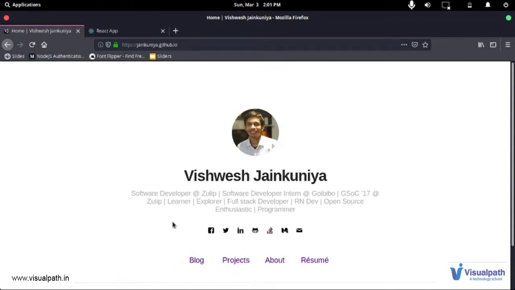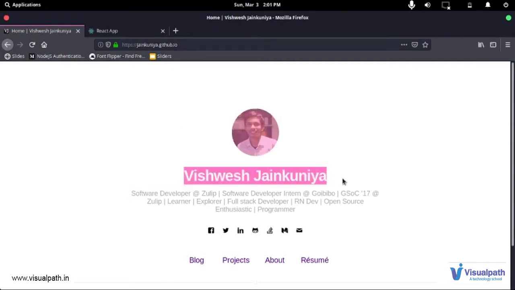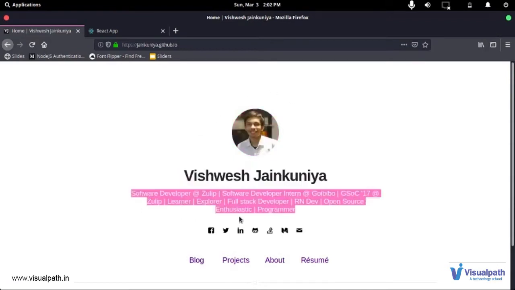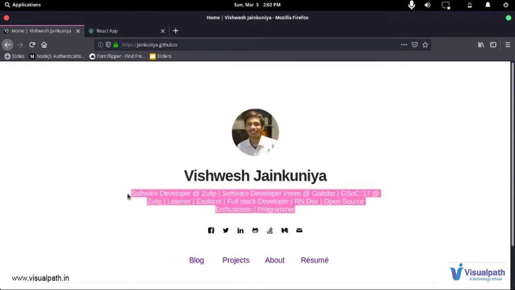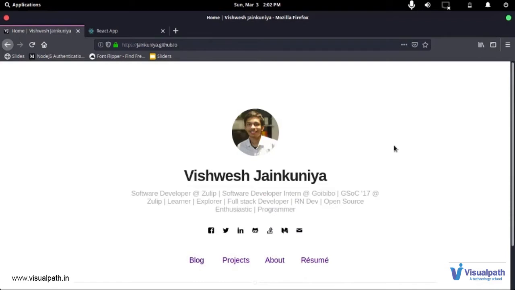Now if I want to talk about components right here, then this whole thing might be a component. So it's basically a rectangle with an image and some text, and this is placed somewhere in the web page. Then this might also be a component, which is his information, whatever he wants you to know and whatever you might be concerned with. Then this can also be a component where all his social media details live, and then the navigation itself is a component. Now this is just the home page, and we are going to play around with this app a lot.